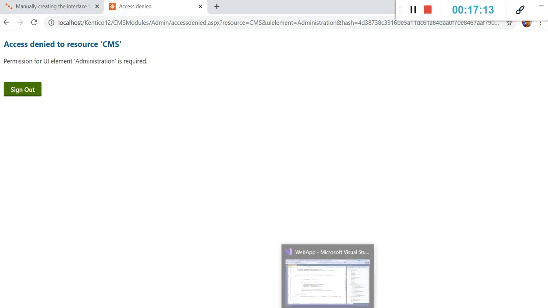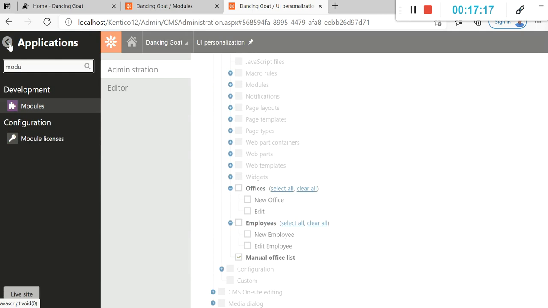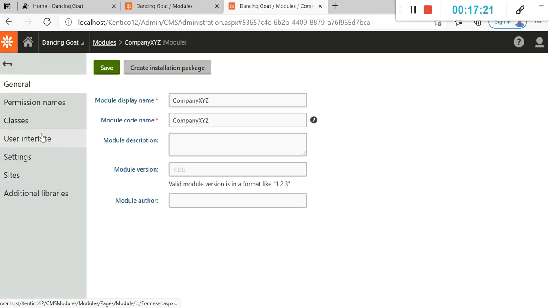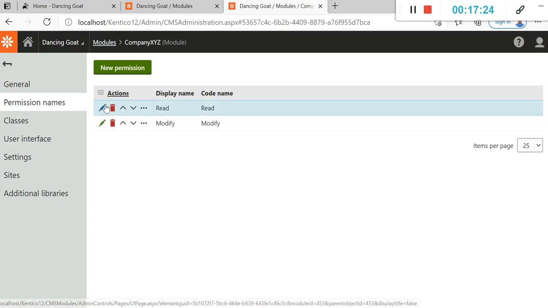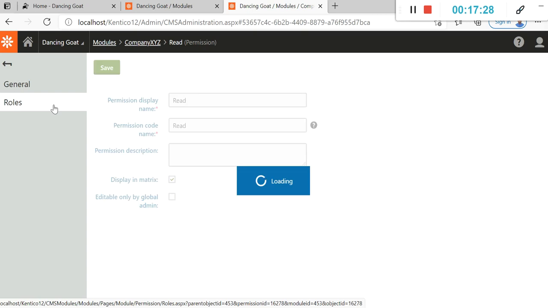It's not able to access this. Let's check the permissions for the module. Let's go to the module and edit this. Under permissions, we need to give them the read and write options.